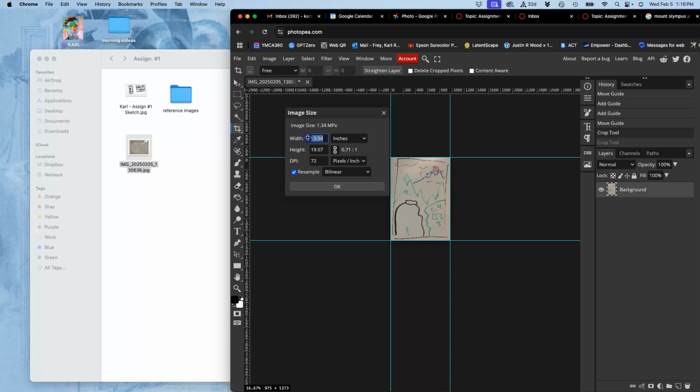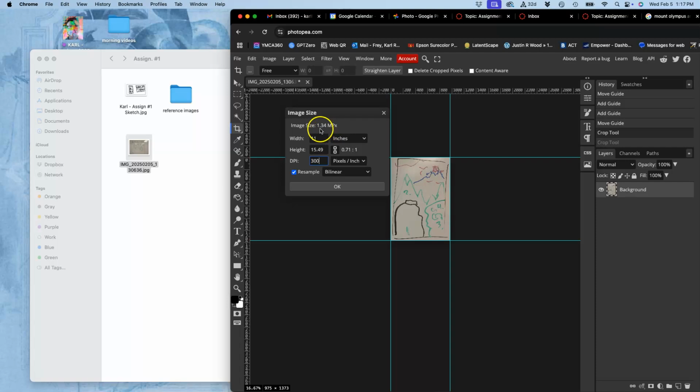So I'm going to make this 13 into an 11. And because that is locked, you want that padlock to keep the aspect ratio. When I click on the gray, it's going to automatically change that 19 to something that preserves that rectangle. So now it's 11 by 15 inches. That's larger than 8 by 10. That sounds good. You don't want anything that's smaller than 8, right? By anything that's smaller than 10. But for pixels per inch, I need to change this up to 300 because that's the minimum print resolution. And that changes it